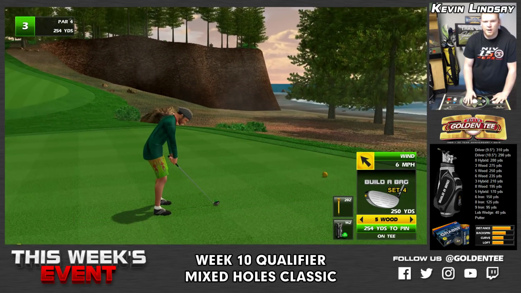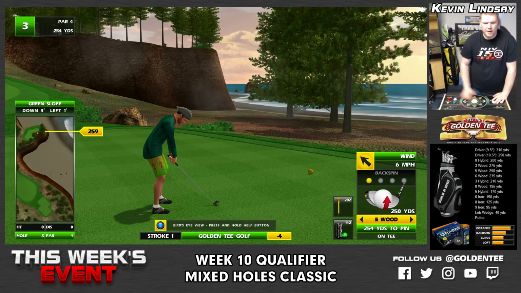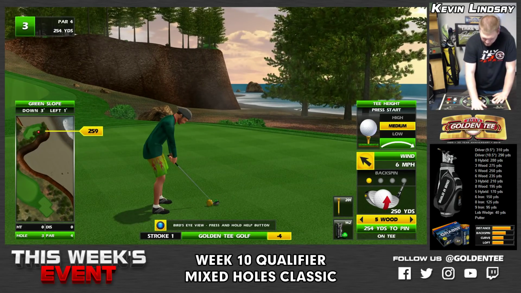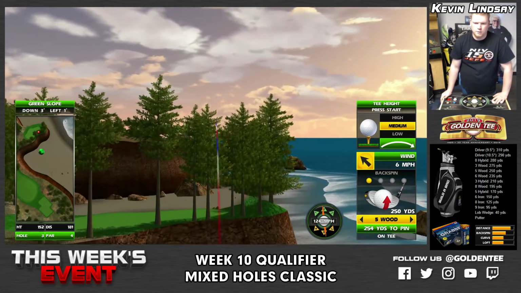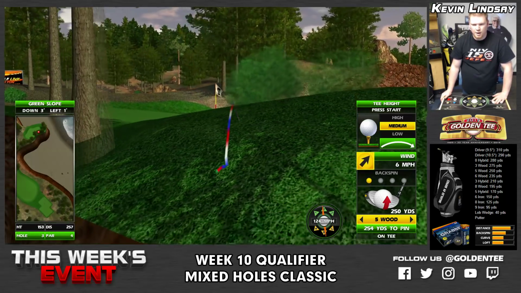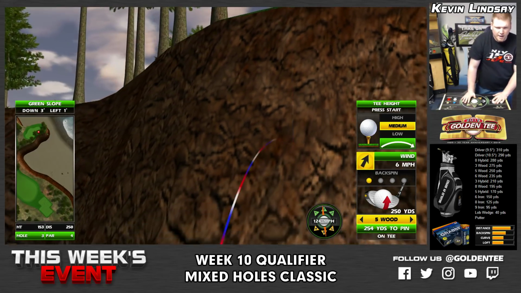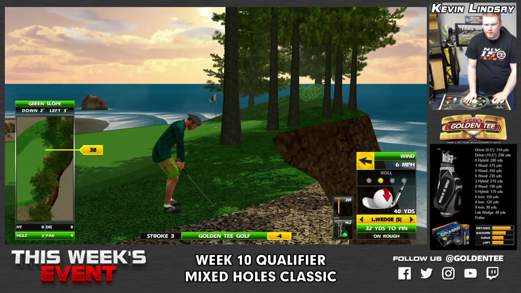Interesting setup here. It's in the back corner of the tee box, so we're going to have to play a 5-wood here. I'm going to play a 5-wood into the trees. As long as I don't hit the tree, which of course I hit the tree. Of course. Hit the tree. Bad bounce there from the tree. Unplayable lie, so